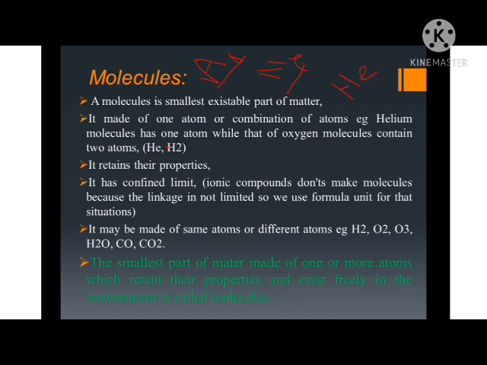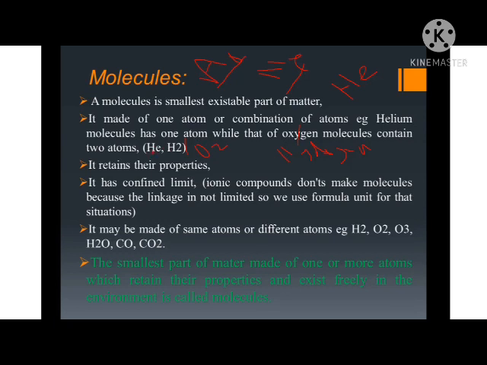Similarly, this one is hydrogen, and we can replace it by oxygen, so both consist of two atoms. This one is one atom, here are two atoms. So a molecule may be formed by a combination of two atoms, or only one atom is also called a molecule